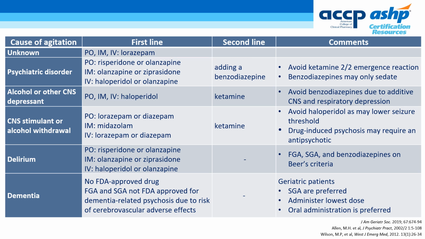This table provides the basic treatment recommendations based on potential cause of agitation. As I previously stated, benzodiazepines are preferred to treat the undifferentiated, acutely agitated patient with no prior history. When an underlying psychiatric disorder is present, then an antipsychotic agent should be used, with preference for the second-generation antipsychotics. If the antipsychotic agent alone is not effective, adding a benzodiazepine is warranted. However, monotherapy with a benzodiazepine will only sedate the patient and not treat the underlying cause. Again, I will note that ketamine should be avoided in this population due to the emergence reaction.